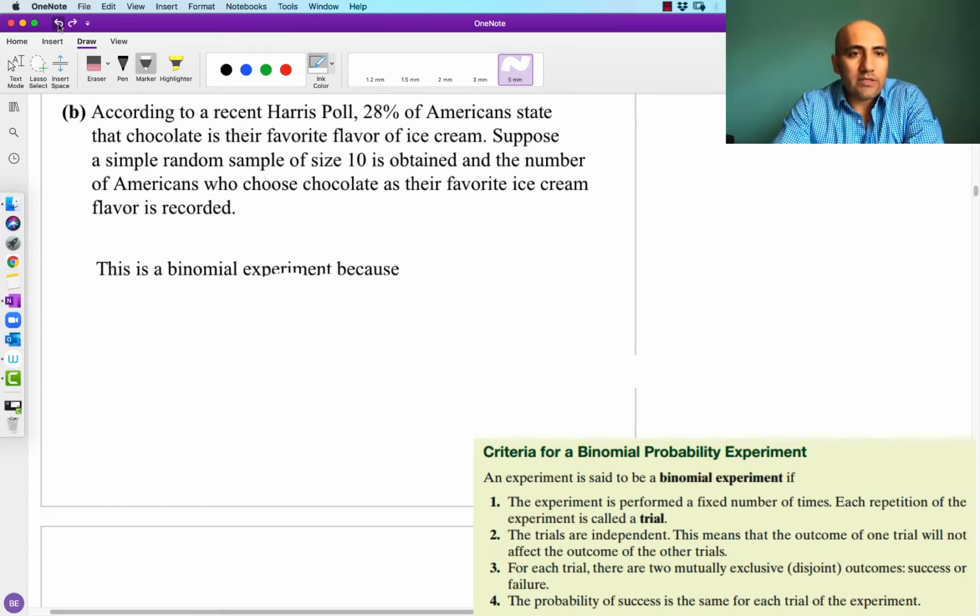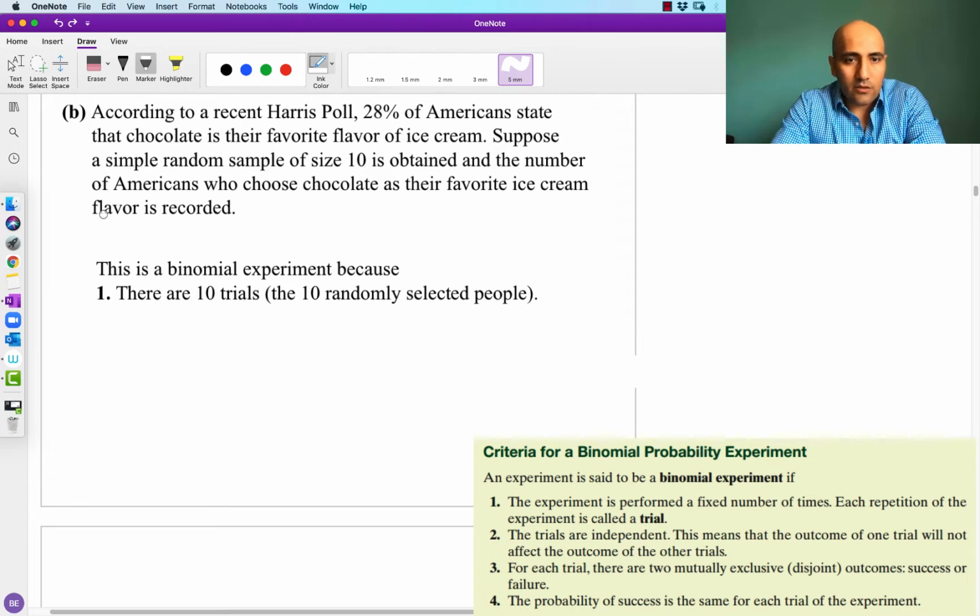So this is a binomial experiment because, number 1, there are a fixed number of trials. We're gonna take a sample of size 10, exactly 10, and we're gonna ask those 10 people if chocolate is their favorite flavor of ice cream, right? So there are only 10 possible answers that we will have. Good. So first condition is satisfied. Second condition,